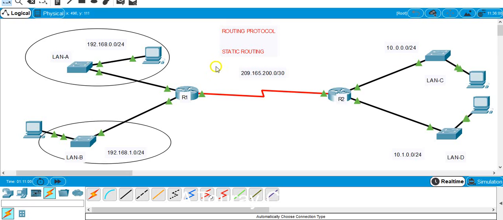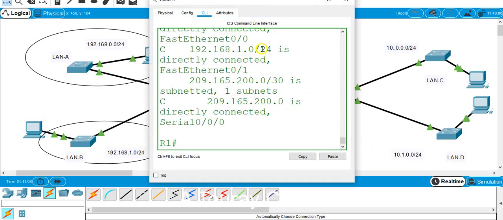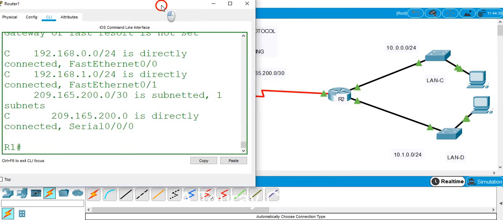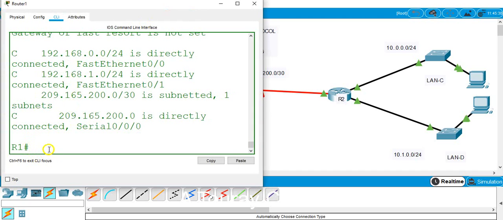So we now have to configure a static route telling this router how to reach the networks 10.0.0.0 and 10.1.0.0. So how do we do that? We go to the global configuration. So now I'm going to have to put